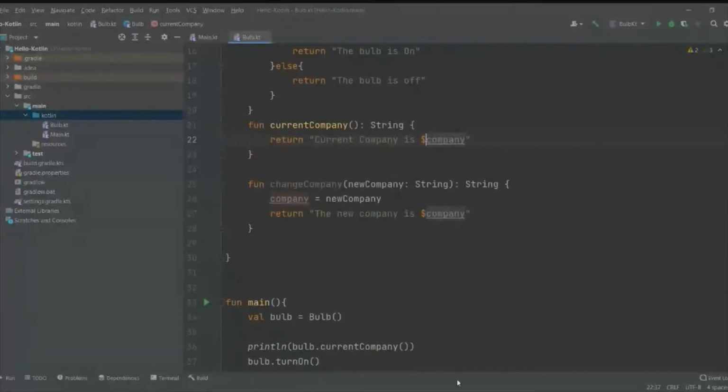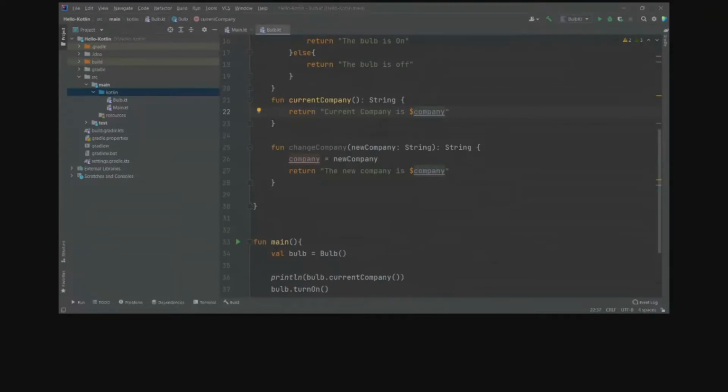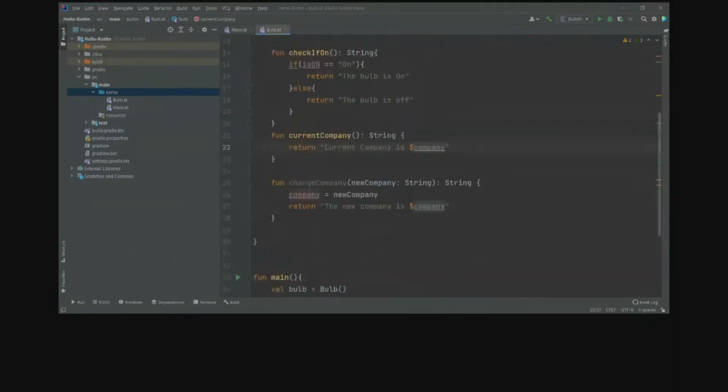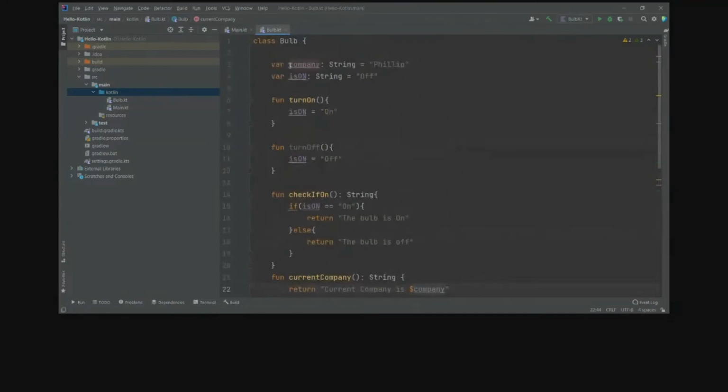Bharat, we have used dollar symbol here because we want to access this variable, right? Sorry, let me share my screen again. So as you can see here, I have accessed this company variable here, right?